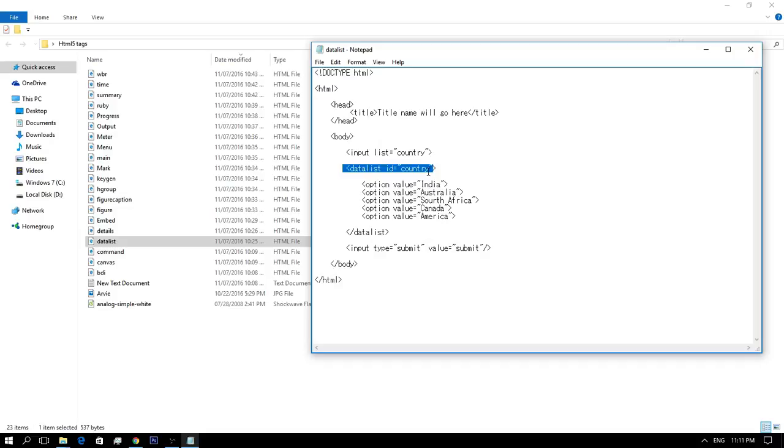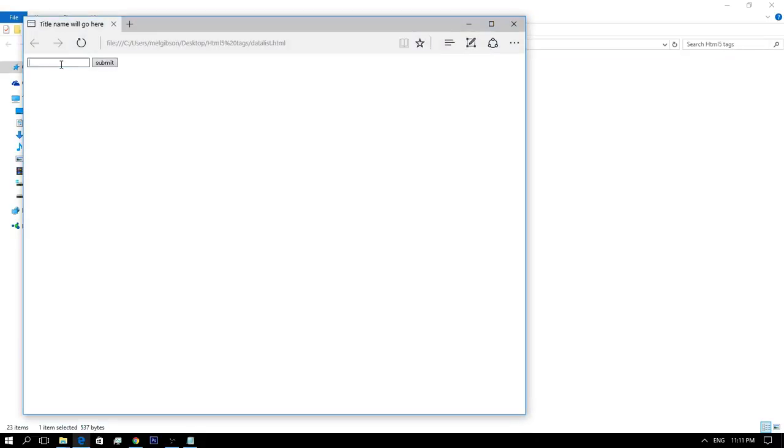So the HTML datalist element holds a set of option elements that represent the values available for other controls. The datalist tag defines a list of predefined options. Users will see a drop-down menu of predefined options as they input data.